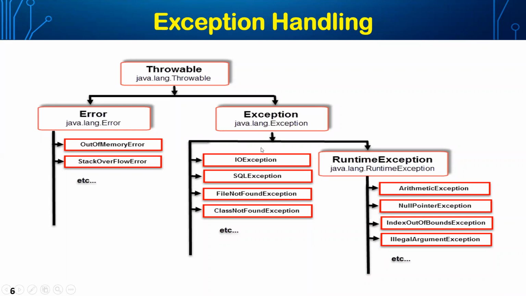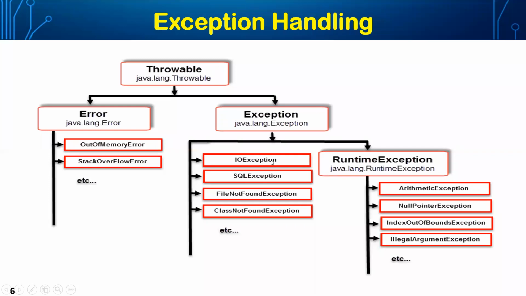When I say checked exceptions, they are compile time exceptions. Whenever you write the code, if something is wrong, immediately it will show that so and so exception is there. That is a compile time exception, or we can call it a static exception. With unchecked exceptions, whenever you write the program, you will not see any red lines or anything like that, but only when you run the program, you will see some errors. Such an error is a runtime exception. So we call them checked and unchecked.